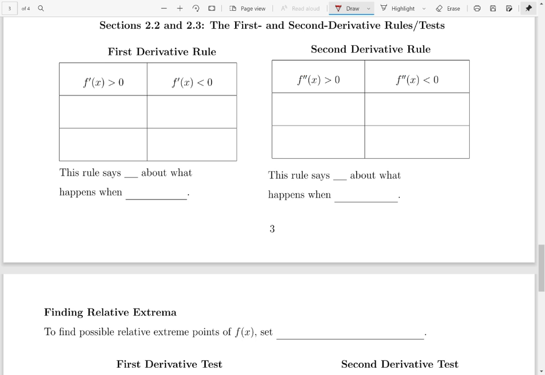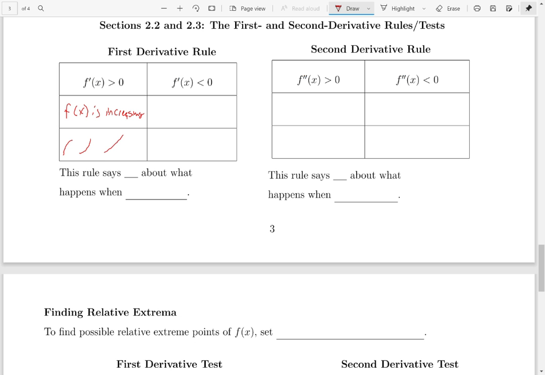If you take the first derivative, for any values x that the first derivative is positive, then we're going to say that the function f of x is increasing on those intervals. Now, when we say that it's increasing, we do have to be careful because I'm going to sketch some examples, but I'm not limited to this. All that I'm saying is that if I'm looking at the graph from left to right, the point to the right is going to be a little bit higher than the point on the left. That's all. So a couple of examples, it could look like this, it could look like this,